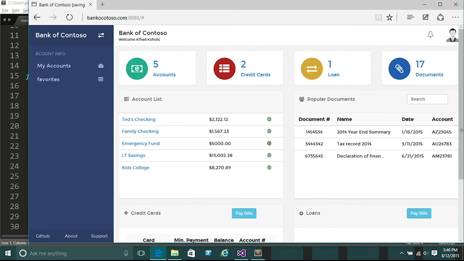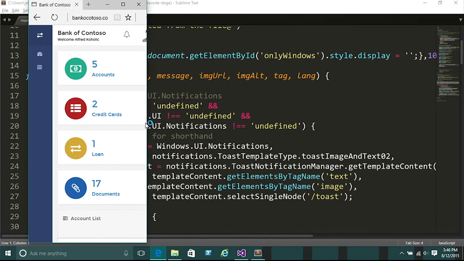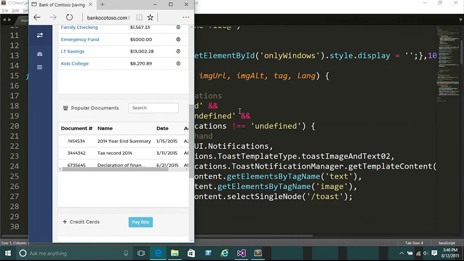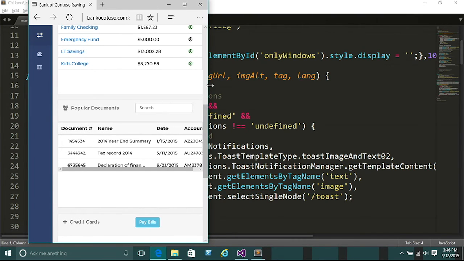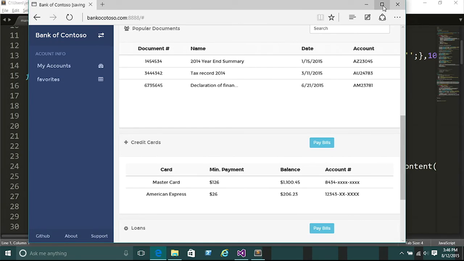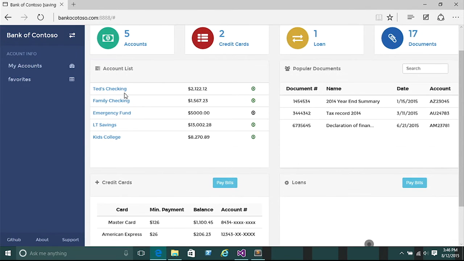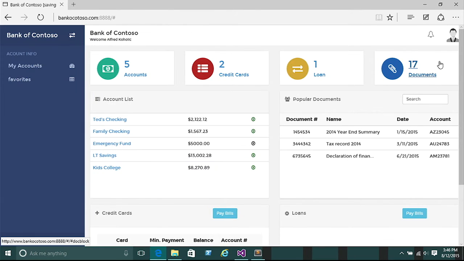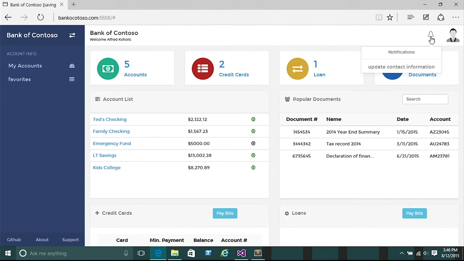So this is a typical modern application. You'll see it's responsive. Yes. It works well on the phone size screen as well as your desktop. I can see my accounts here, my account information. Also, I have things that you would expect from an app, like your notifications are hidden in here and things like that. So I want to be able to take my Bank of Contoso app and move it into a